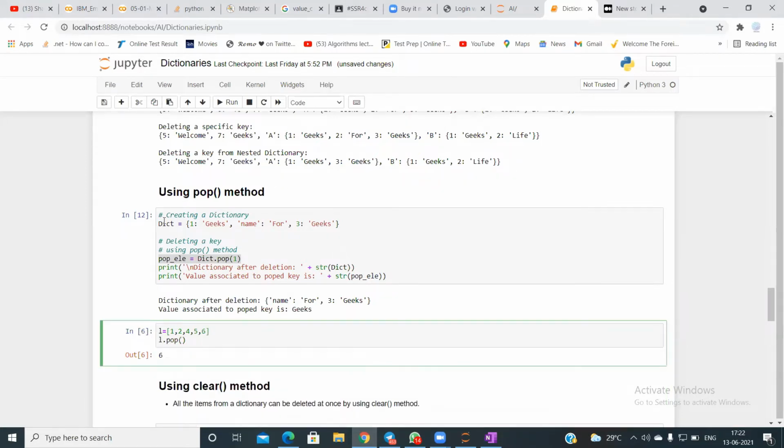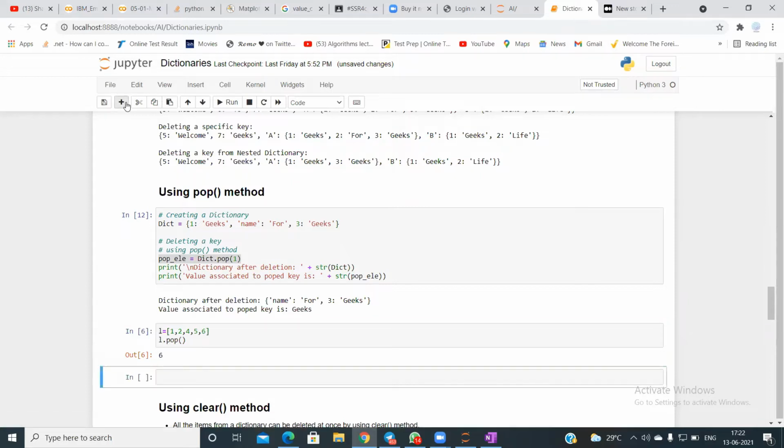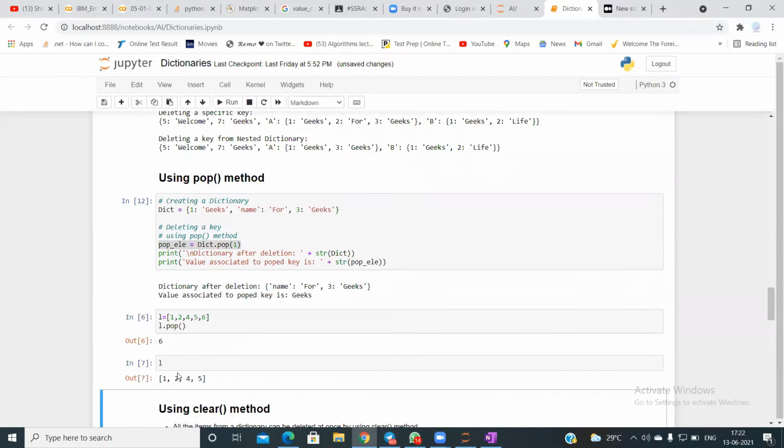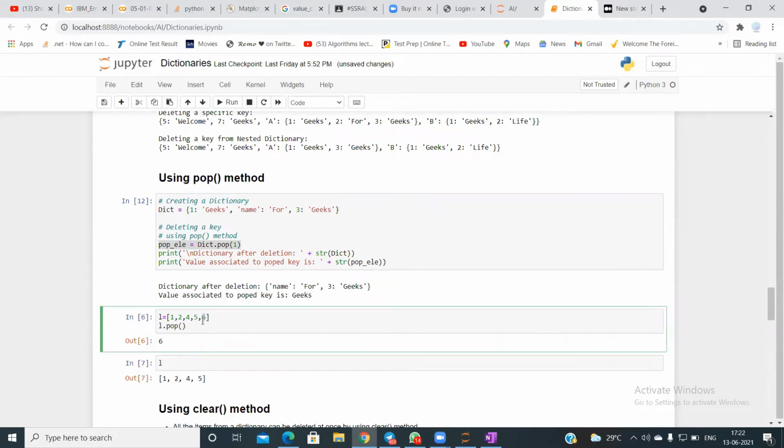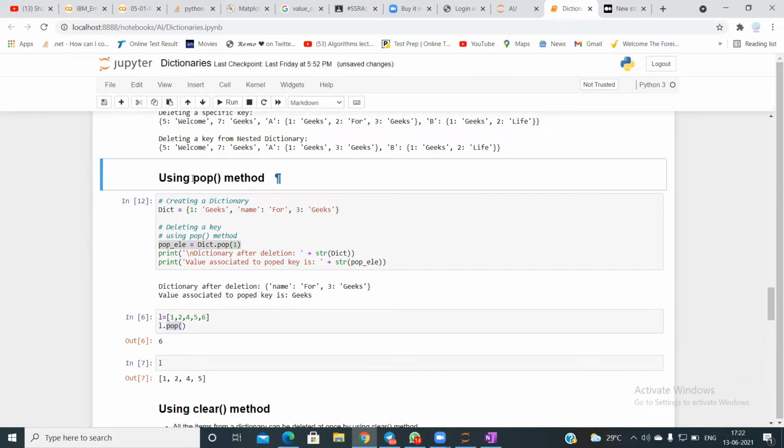It will just pop the element 6, and if I check the list, it's 1, 2, 4, 5. It has removed the last element. But this same functionality doesn't work for a dictionary. So this is the difference between the pop method in a list and in a dictionary.